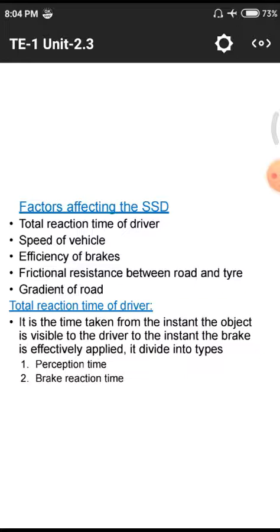Next one is the frictional resistance between the road and tire. Another parameter: if the tires are so old, the top layer will be eroded because of rapid movement on the road surface. If the vehicle is moving on BT roads, there will be less friction between tire and pavement. If the vehicle is moving on CC pavement, that means cement concrete pavement, there will be a huge amount of friction between tire and pavement, so in normal living areas, the major part of the roads are CC roads.